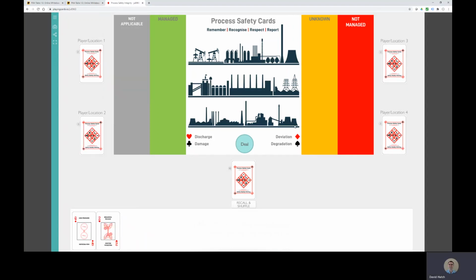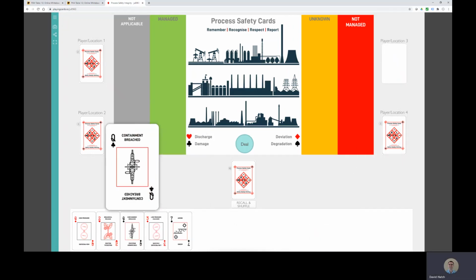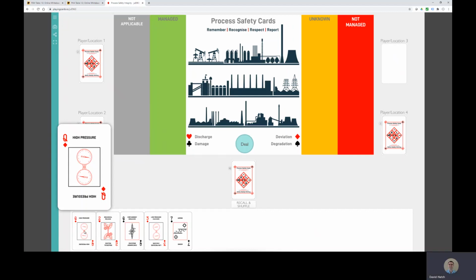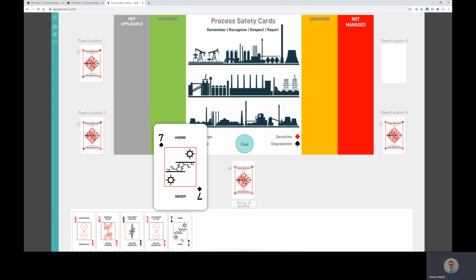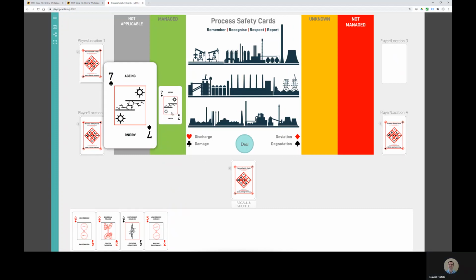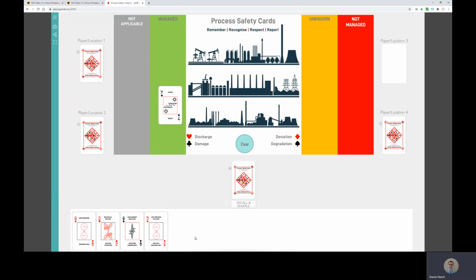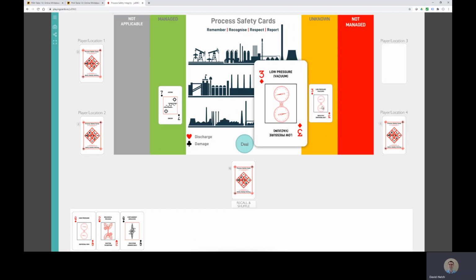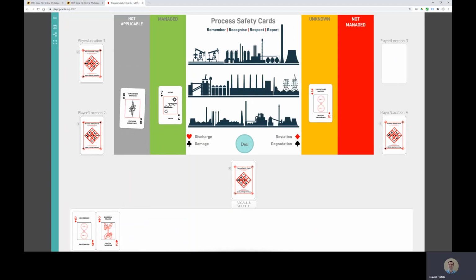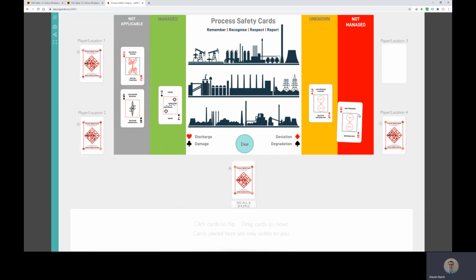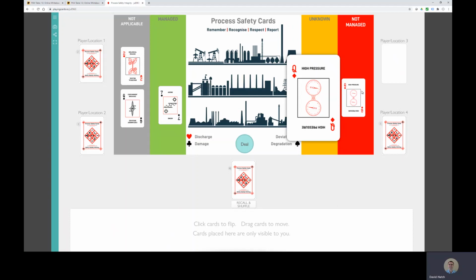They are given a series of topics or subjects. And in this example here, you can take your hazardous event or your loss of containment event, and each player, each side, etc., will then position the card onto the applicable position. So whether they feel that each hazard or each loss of containment event is properly managed.